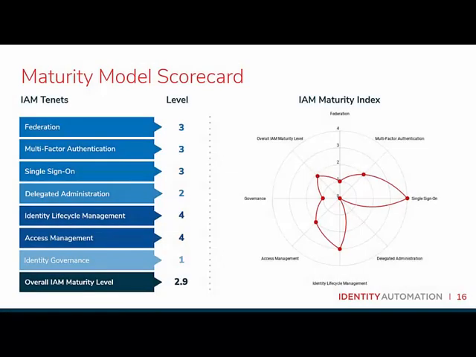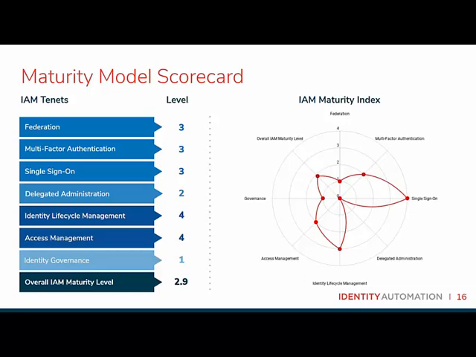Excellent. Nice overview, David. So let's talk now that we've covered those 7 tenets. Let's start putting some of this together. So if you attended the other webinars, you'll know that I've shown this slide every time, and it's basically an example of what a maturity model scorecard might look like.